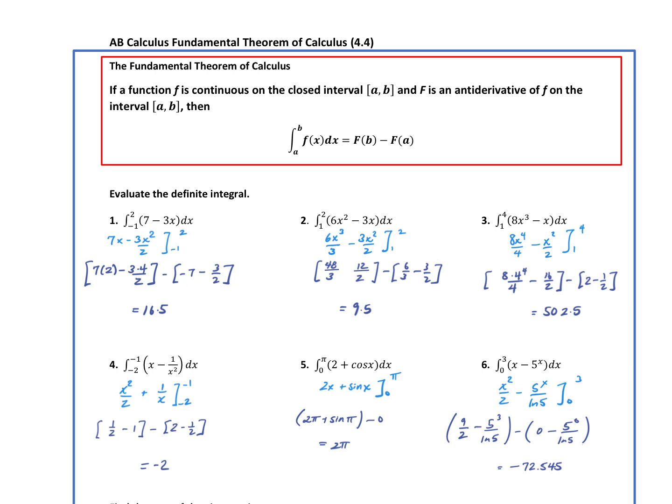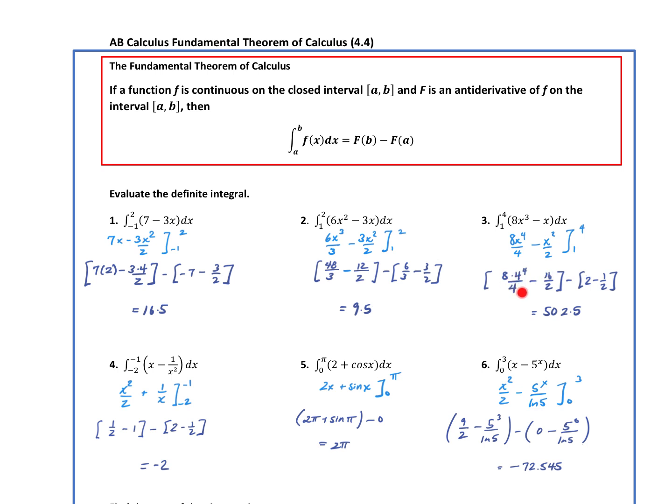Okay, same thing here. 6x cubed over 3, 3x squared over 2. Plugged in my bound. So this is plugging in the 2. This is plugging in the 1. You can leave it like this. You cannot leave it like this. Okay, so I think I'm missing a minus here. Depending on what the problem is or where it falls on the AP exam, obviously on a multiple choice, you're going to have to come down to the answer, but on an FRQ, absolutely you can leave it like this if you wanted to, okay? For here, we've got, again, raise it up by 1, divide by the new power,